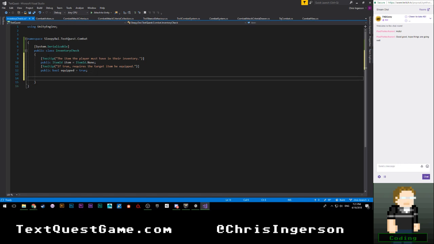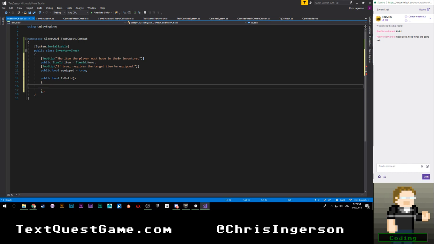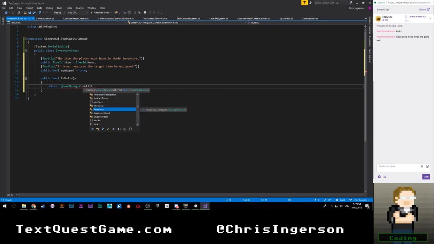Okay. And for the item, this is going to be the item the player must have in their inventory. Okay. And then again, we're just going to say public bool IsValid. And this is not going to actually take any parameters. Instead, we're going to say return GameManager. Sorry, not instance. What am I doing here? Inventory. Okay, good. So we want to do TQGameManager.GetInstance. Why do I keep trying to type instance? Inventory